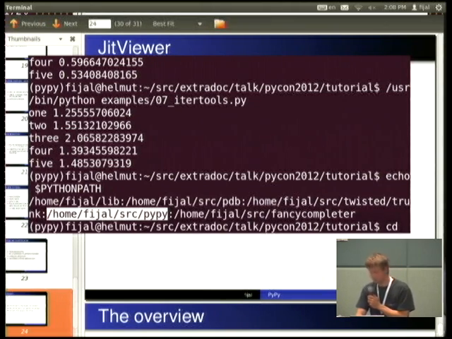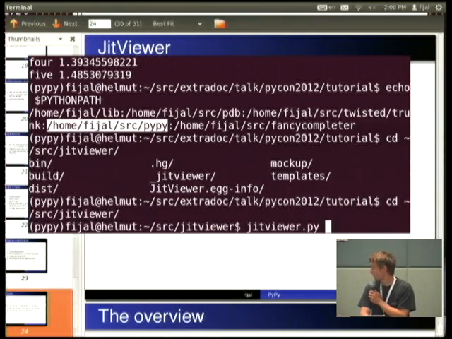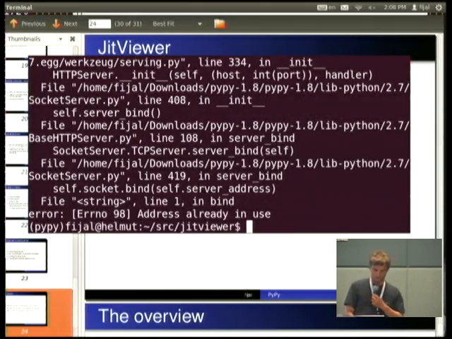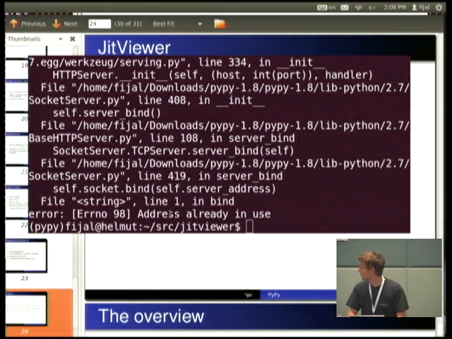Then you go to the JIT viewer, wherever you have it, and you run the JIT viewer on the log.pypylog. Boom, I have one running already. If you did mkvirtualenv, you are in the virtualenv.